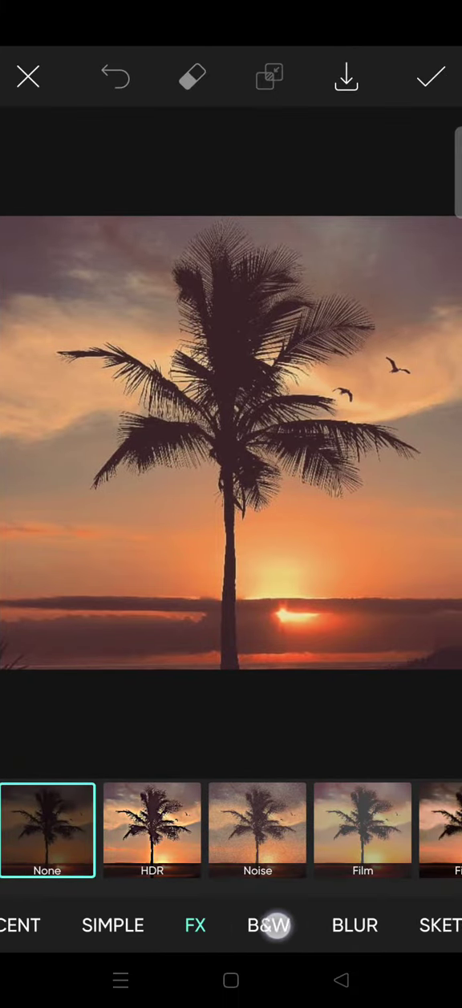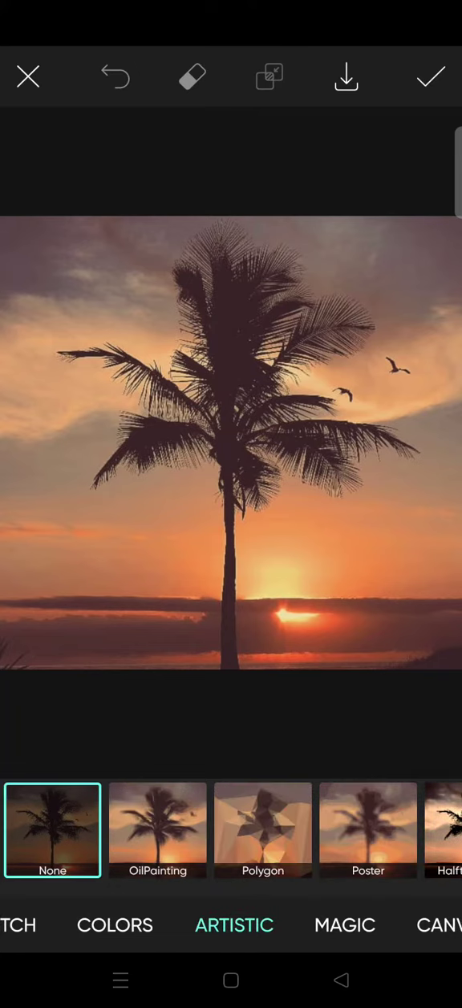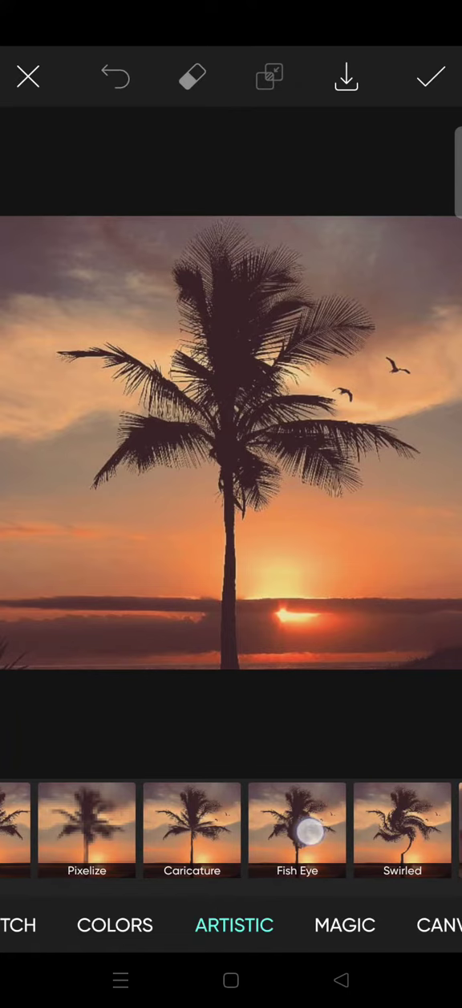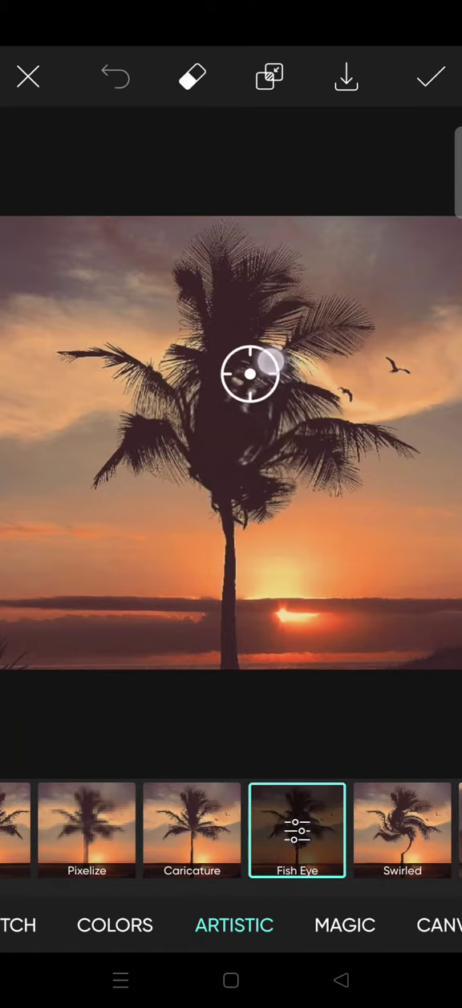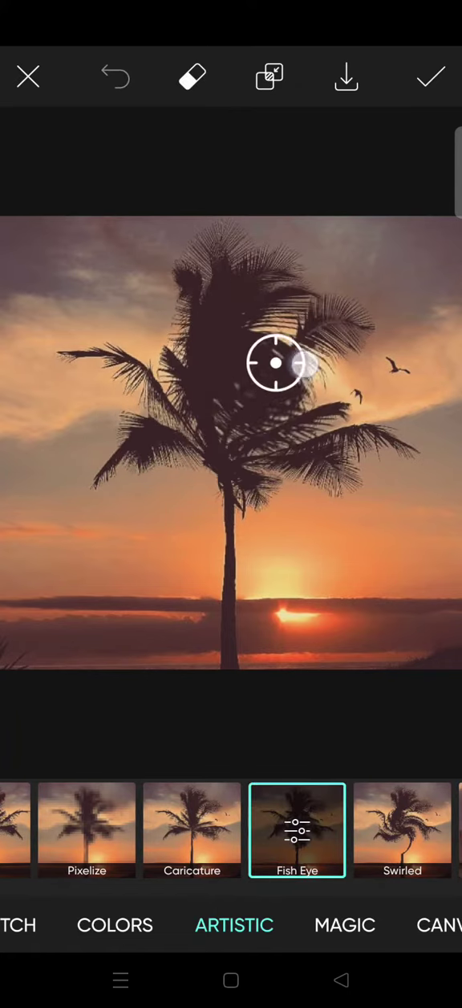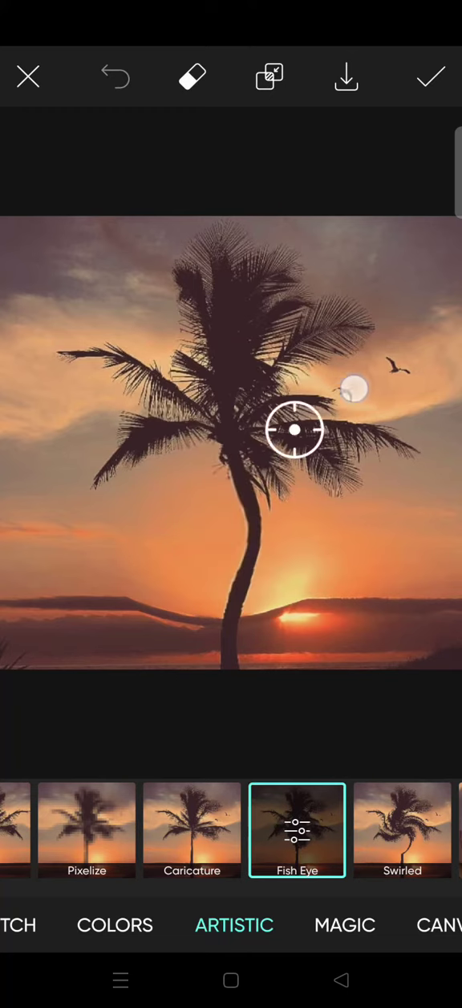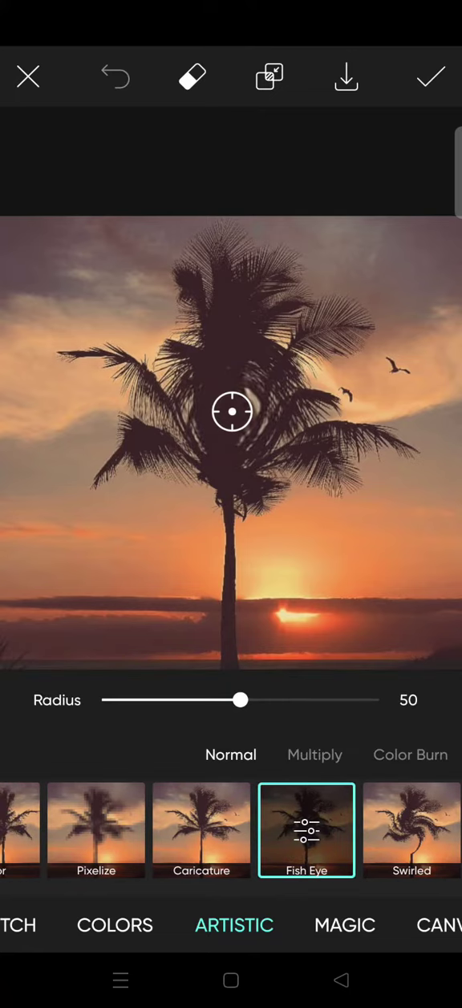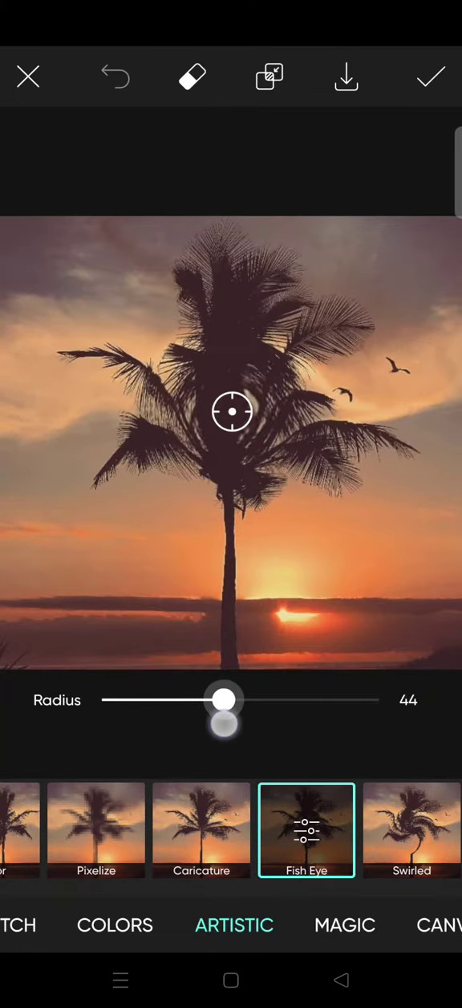Okay, so in this effect, just find the artistics category and then find fish eye. Okay, so this one's right here. So you can adjust where you want to put the fish eye like this, and you can also adjust the radius by clicking on the effects. Here you can see,